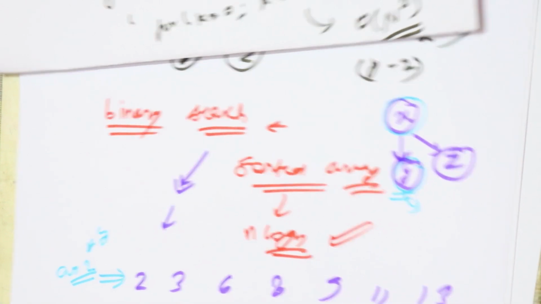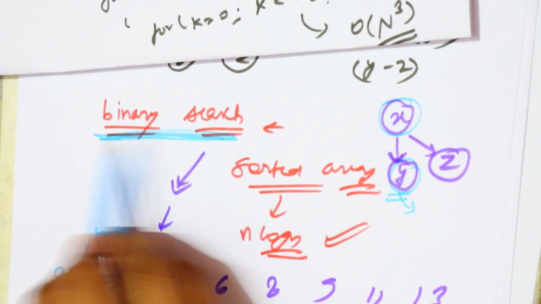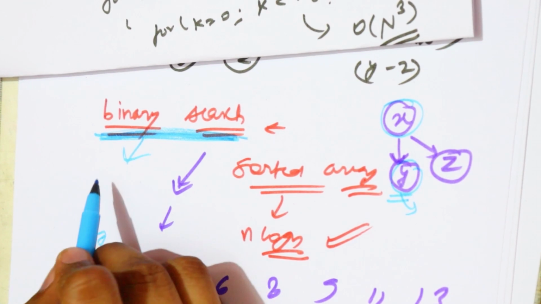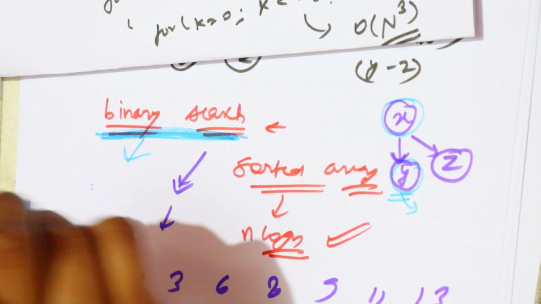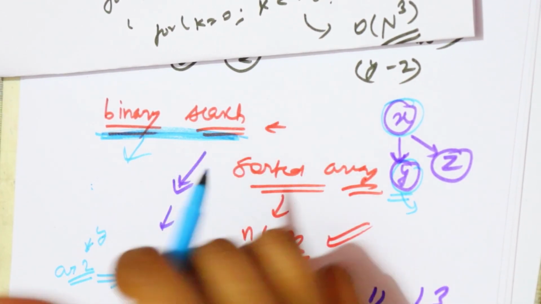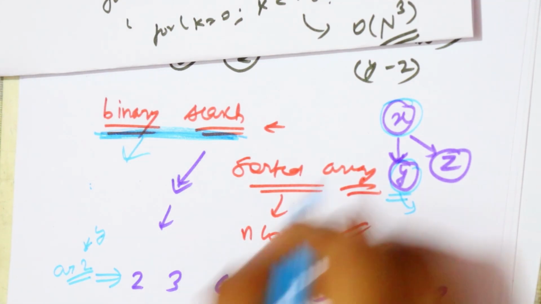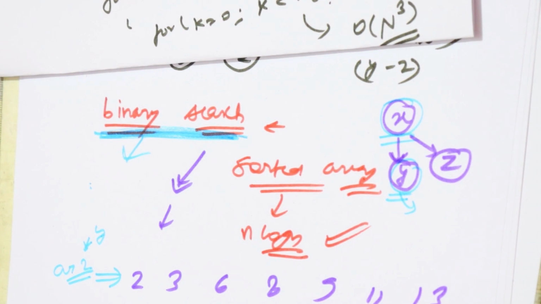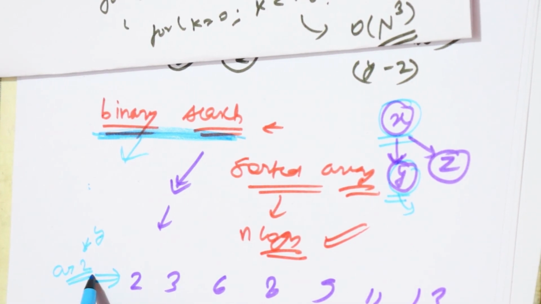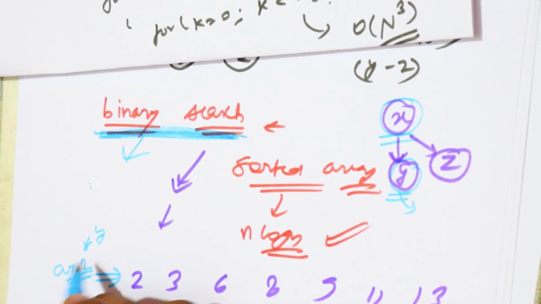The basic binary search says that we need to search for an element exactly the same, but the slight variation is that we need to search for an element which is nearest to x. So in array 2, where I have to choose an element y, I will choose an element y such that it is nearest to x.